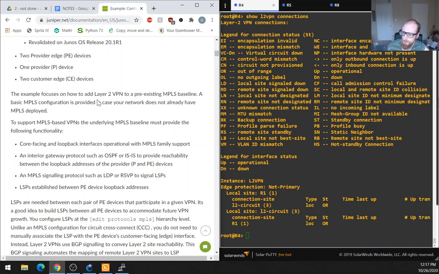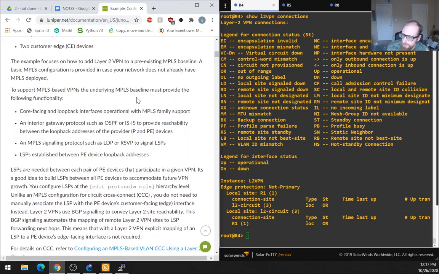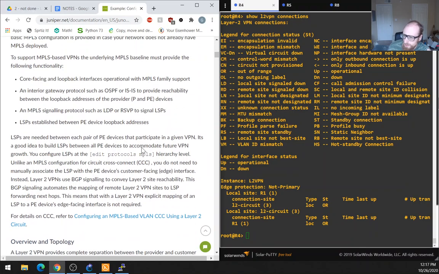So this example focuses on how to add L2VPN to a pre-existing MPLS baseline. A basic MPLS configuration is provided in case your network does not already have MPLS deployed. To support MPLS-based VPNs, the underlying MPLS baseline must provide the following functionality: core-facing and loopback addresses operational with MPLS family support, an interior gateway protocol such as OSPF to provide reachability between the loopback addresses of the provider P and PE devices, an MPLS signaling protocol such as LDP or RSVP to signal LSPs, LSPs established between